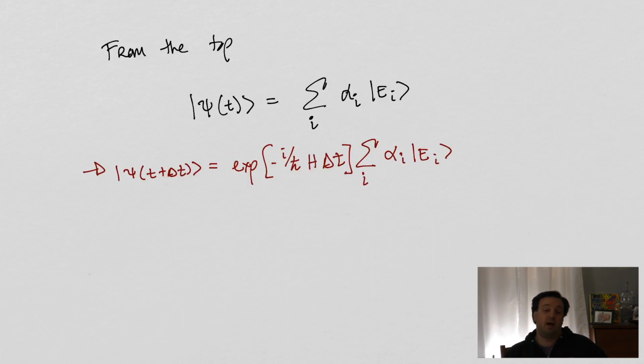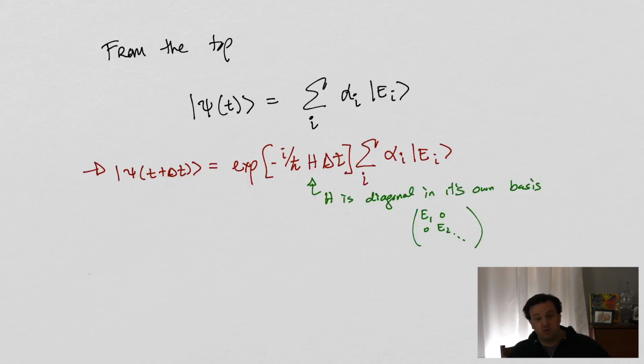Then I want to apply my time evolution operator. I want to ask the question, what's going to happen as I move through time? That means taking this exponentiated Hamiltonian and multiplying it on the left-hand side of my state, to allow it to move through time. As it stands, this is hard to picture unless we know what it really is. But I do know that if I've chosen to write H down in its own basis, which is a little hand-wavy because I'm not writing anything concrete down,